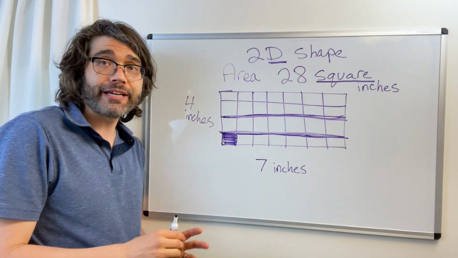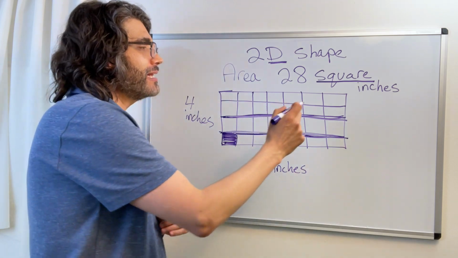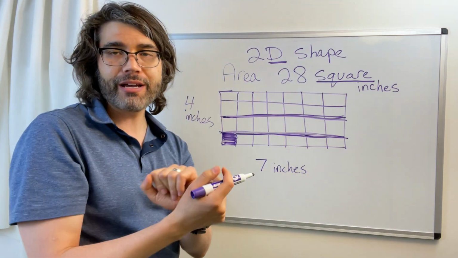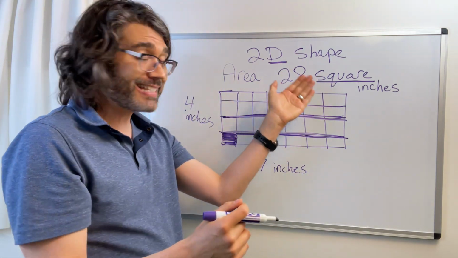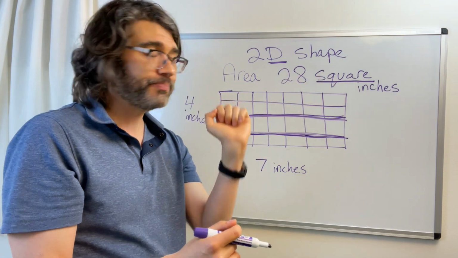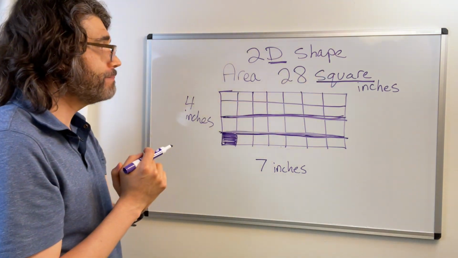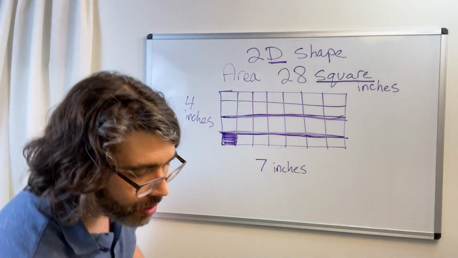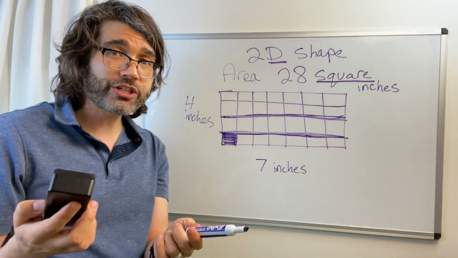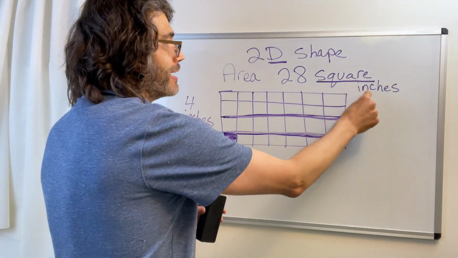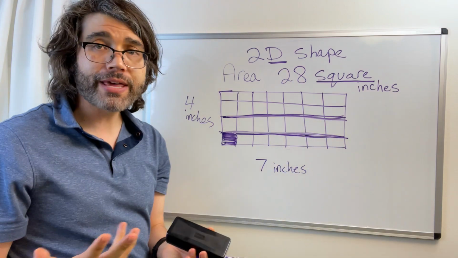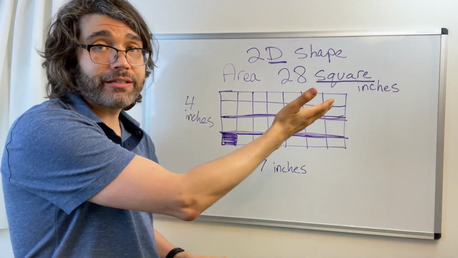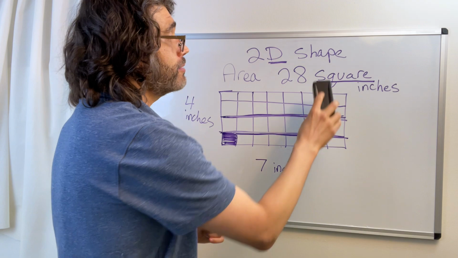Like literally squares. So it's not just a phrase that we use because it sounds nice. It's because it's literally little tiny squares. Okay, so I also want to give a little bit of notation. Instead of saying square inches, there is another way that we can write it. You can obviously write it like this if you like, but just so you have some notation,